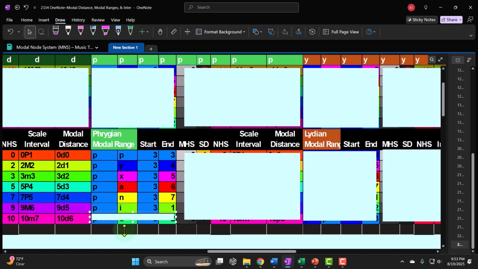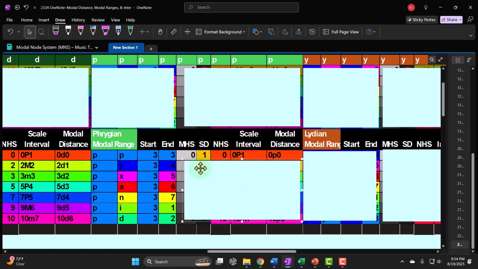We've got a PI modal range, a Phrygian Ionian modal range, a Phryg Ion modal range, a sky blue to yellow green modal range, a 3-1 modal range. We've got a PD modal range. That's going to be a Phrygian Dorian modal range, a Phryg Dor modal range, sky blue to spring green, 3-2 modal range. So the PP modal range, Phrygian to Phrygian, sky blue to sky blue, is going to be 0